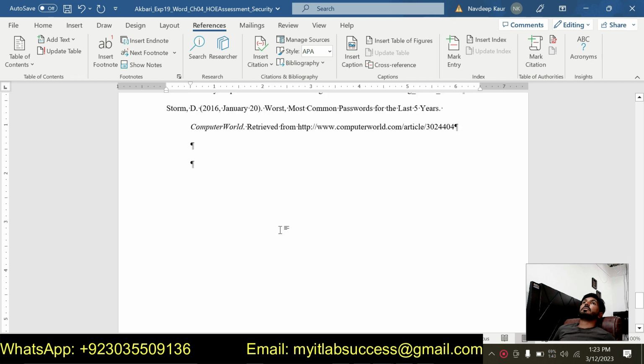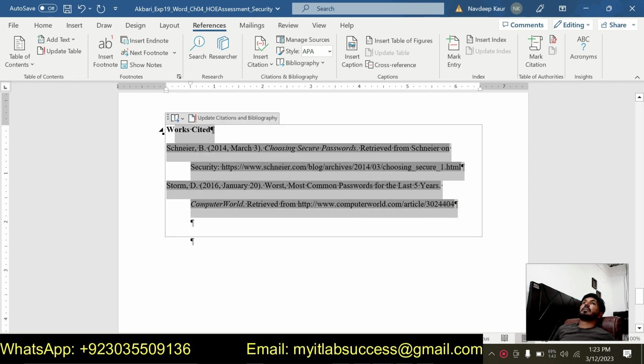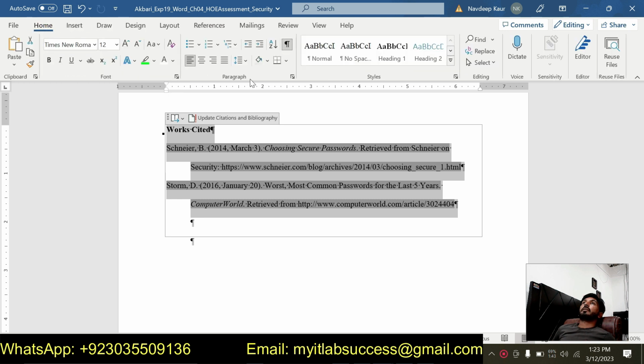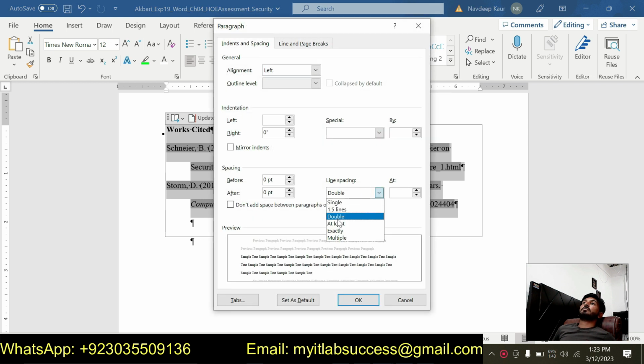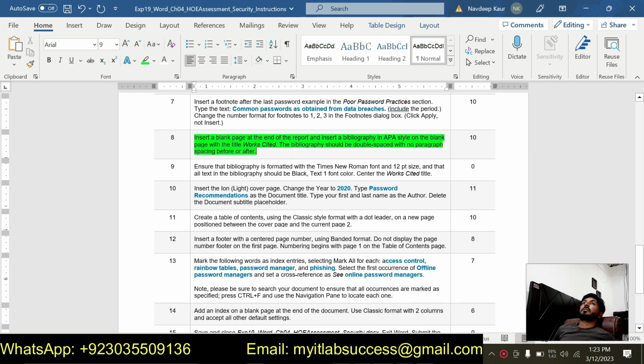Just click on it. Now it is saying that it should be double space. Just select this all and go to the home tab and click on the paragraph. This one. Paragraph arrow, this one. It should be double space. No paragraph spacing. It should be 0 before and 0 after. So no paragraph spacing before and after. So that was step number 8, and we will move to our next step, and next step is step number